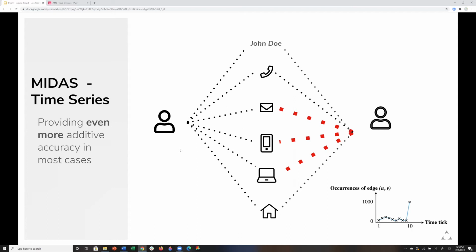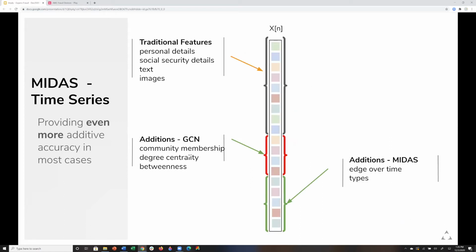So what we're saying is baseline machine learning provides you some level of accuracy. Adding graph to it improves it a little bit more. And then what we're suggesting is that adding the time series feature is yet another additive feature. Next slide. So basically, continuing on the paradigm, you've got the same baseline set of input features from your traditional machine learning. I can now add a handful more through my graph convolutional network, and now I can add additional ones for edges and time series additions. So my input features and my vector is even broader and broader.